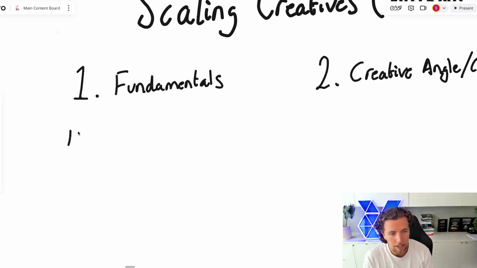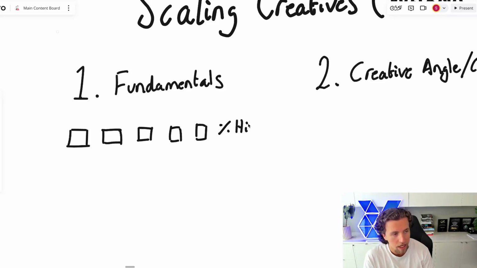The fundamental that you need to understand about Meta is that each ad can be viewed as an individual unit. And so each of these are ads that are going into the account. Now, there is a percentage hit rate on how many ads will actually perform well, and you'll be able to run for an extended period of time and get incremental spend into the ad that's going to be profitable. Now, the reality is that most ads that get launched don't work. And so you have a high percentage of these ads that don't work, and then one of the ads actually